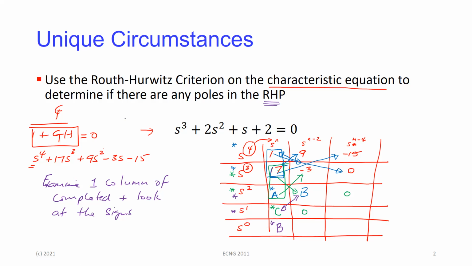So you're getting that information without solving the 4 poles of this. This is a 4th-order system, so this has 4 poles, right? So you look here, and let's say this was a minus sign. Then you look at the number of sign changes. From here to here is no sign change. Here to here is no sign change. A to minus C is 1 sign change, and C to B is 1 sign change. So if I had a minus sign here, I have 2 sign changes,